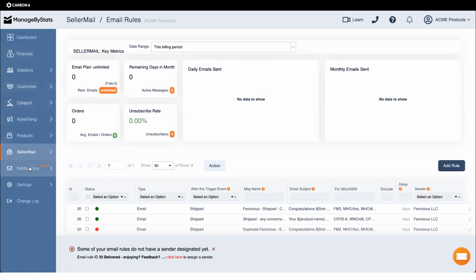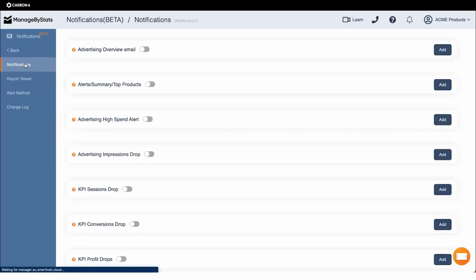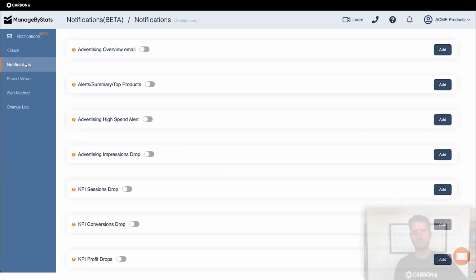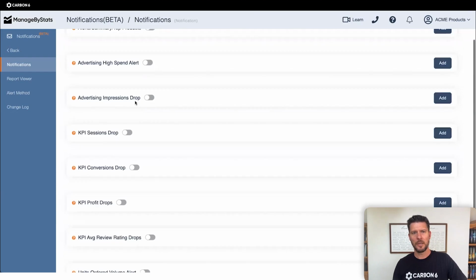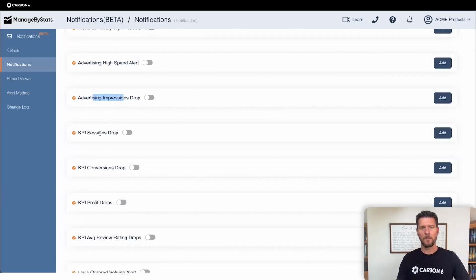So that's that. On our notifications, we built out specific notifications that relate to statistics. So not just title updates or image updates or a product being suppressed, these kind of notifications that you would normally expect. Our notifications are all built towards these KPIs and key metrics for your account, getting an alert on them.